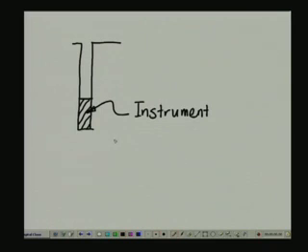And after this particular instrument is inserted within the hole, a larger diameter drill hole is constructed, is opened up, is advanced around the instrumented probe,